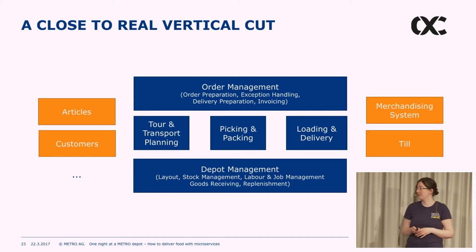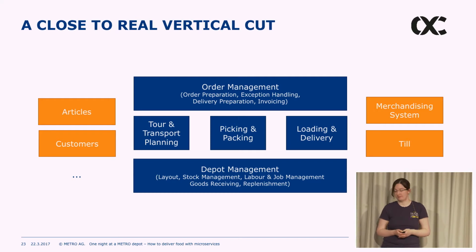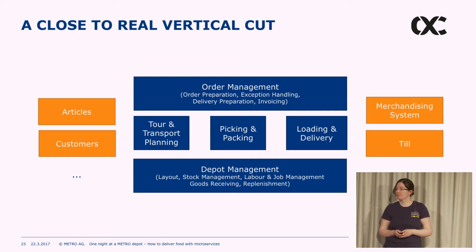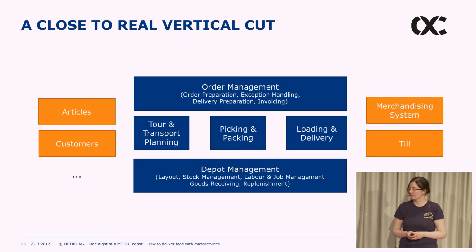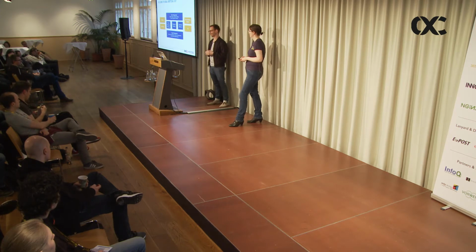In a way, this is not a solution which starts on the green field. We somehow have to incorporate all the existing functionality, which is still the core of a lot of what Metro is doing. But if you think about the numbers, the technology and the number of people involved in this, we're currently talking about 100 microservices which are enabling the blue parts of this software, so the whole fulfillment part of this software. And we have another 100 microservices